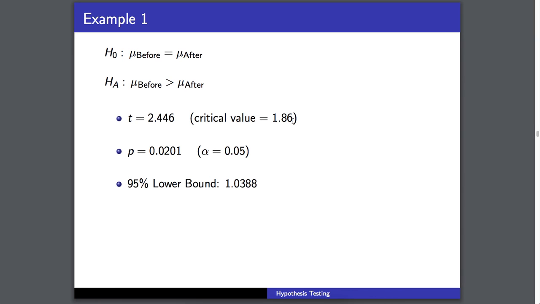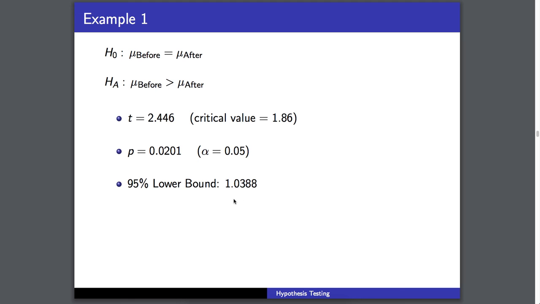And our 95% lower bound is 1.0388, which does not contain 0. So it does not contain that hypothesized population difference of 0. You could get this lower bound also by constructing a regular 90% confidence interval, and the first value in your 90% confidence interval is 1.0388, which again will not contain